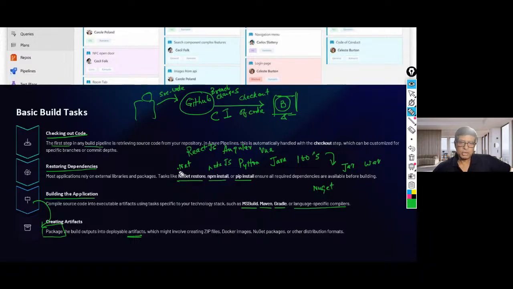All the .NET files will be compiled into a NuGet file, or .whl files for Python. So those are artifacts which will be stored into an artifactory, and this is nice for packaging, which might